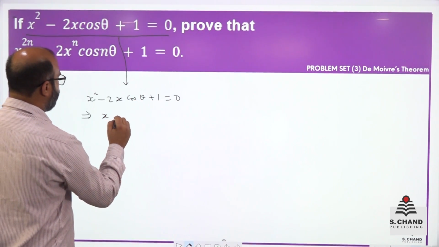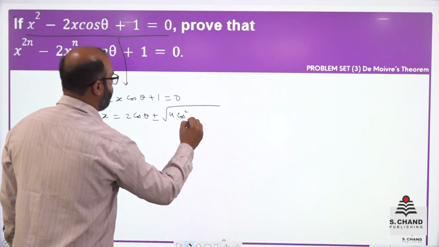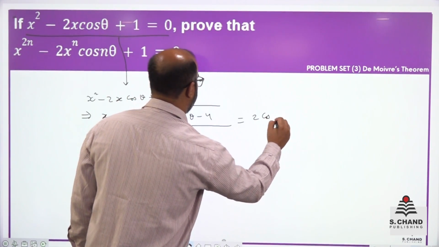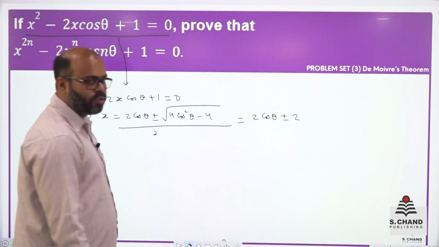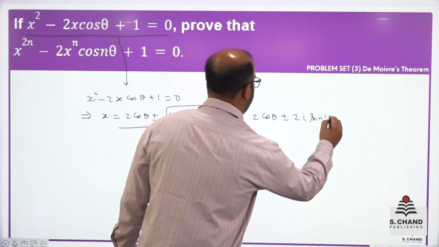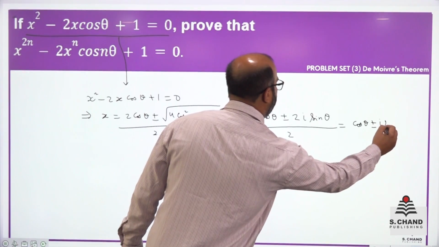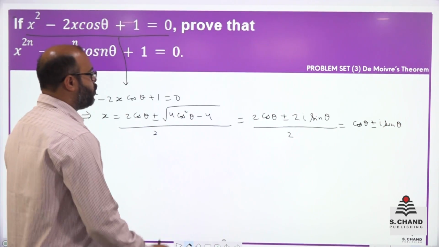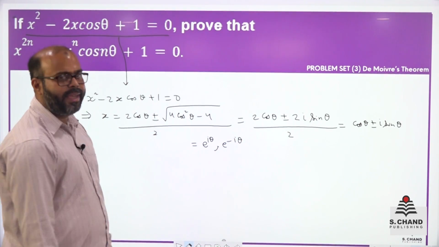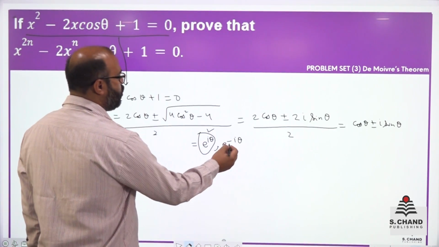which implies x is equal to minus b plus minus root over b square minus 4ac upon 2a. So this will be 2 cos theta plus minus root of 4 cos square theta minus 4, which is minus 4 sin square theta, so 2 iota sin theta upon 2. This is cos theta plus minus iota sin theta. You can also say e to the power i theta and e to the power minus i theta. You can take any value of x and you can proceed. So I am taking this value of x for simplicity, but you can take e to the power minus i